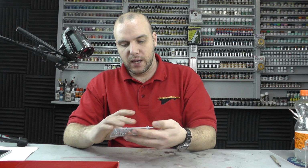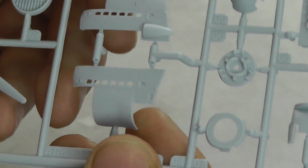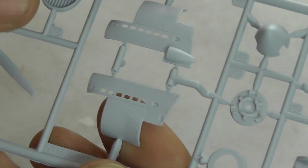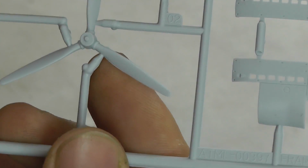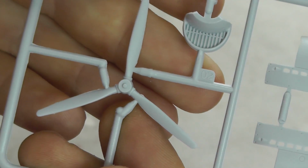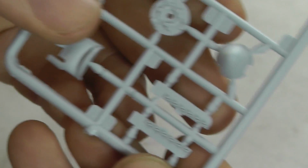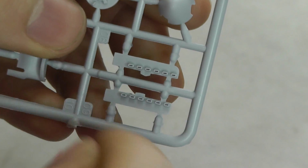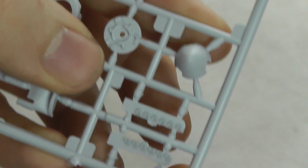Moving along, we have some engine cowl sections here, and the surface detail on this is actually not looking too bad. We've got rivets and recessed panel lines, looking good. An air intake just here, not bad detail going on there. Our propeller, again, I don't know if you've seen it, but we've got flash coming off the propeller as well. Our exhausts actually look rather finely detailed. They do go quite deep into those holes there, which is going to be good for our exhaust,